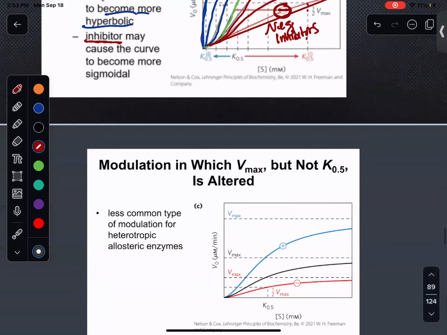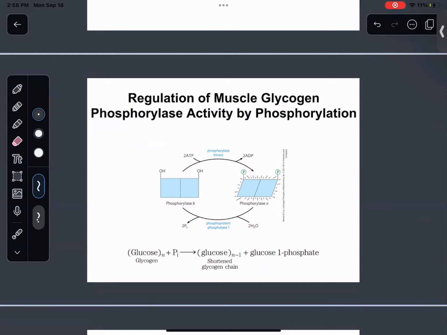Here is just an example of what we just talked about. Dr. Peterson's explanation is more than enough. No need to reiterate here. This basically shows the mechanism of how muscle glycogen storage and recruitment is regulated by phosphorylation, like we just said, and how that phosphorylation is regulated by hormonal factors like insulin and glucagon. And you'll get into that a lot more next semester. You will have to know exactly what is being phosphorylated, what's being dephosphorylated, when, and what that causes. It gets a little bit tricky there too, but again, it's a matter of memorizing and going through the process. For now, this is just an example.